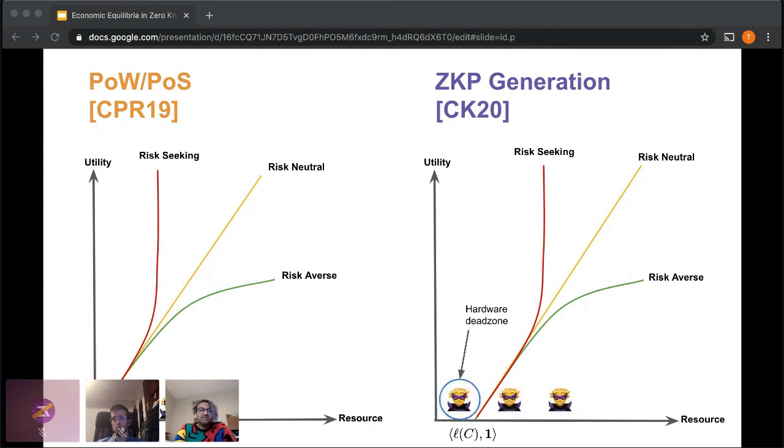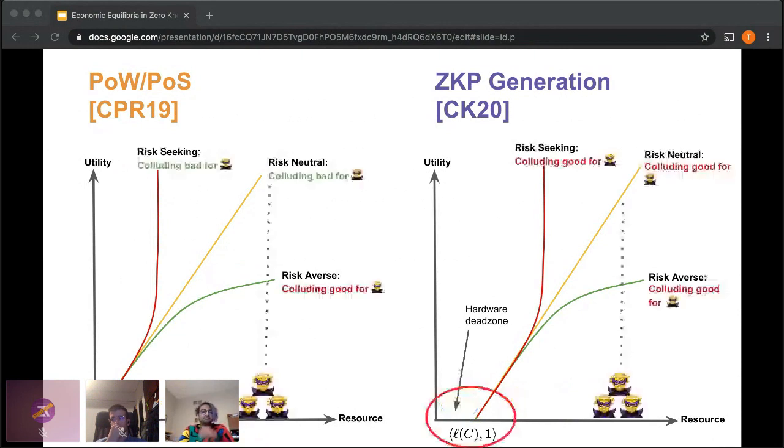So let's say we have these 3 malicious users who want to collude. And if you notice on the left and the right, one of them is below this threshold. Now, in the normal version of collusion, basically you'll find that if you're risk neutral or risk seeking, you're collusion resistant. But if you're risk averse, you're not, which is what you expect intuitively. Because if I'm risk averse, that means I want lower variance. If I want lower variance, that means I will pool together with someone else because I lower the variance of expected reward on sampling by doing that. Since the sampling is proportional to my stake times 1 minus my stake times the constant.